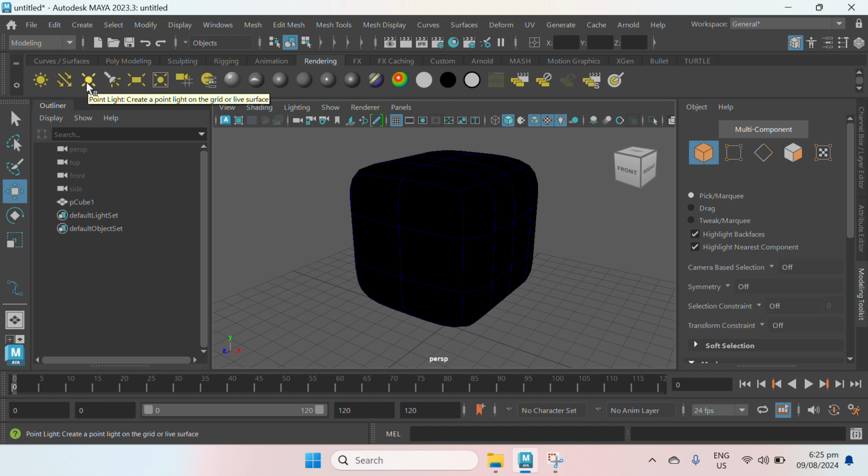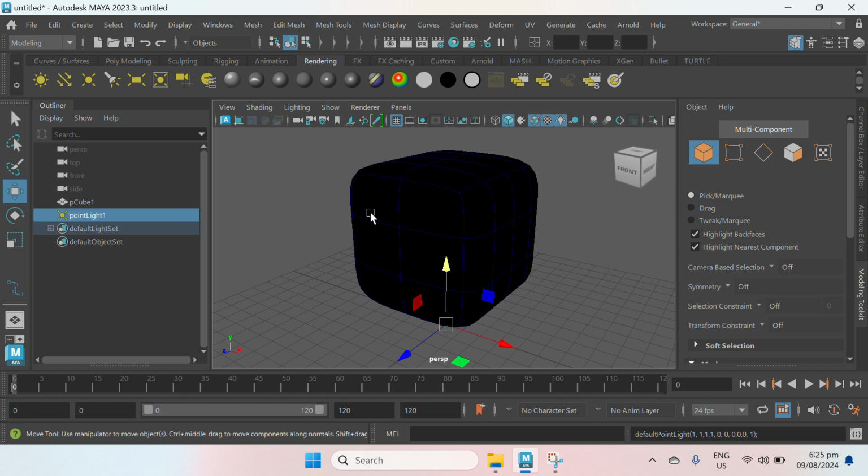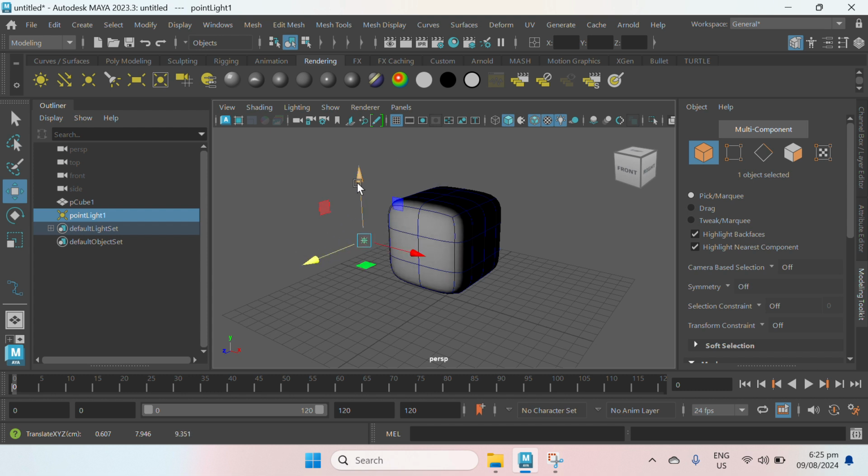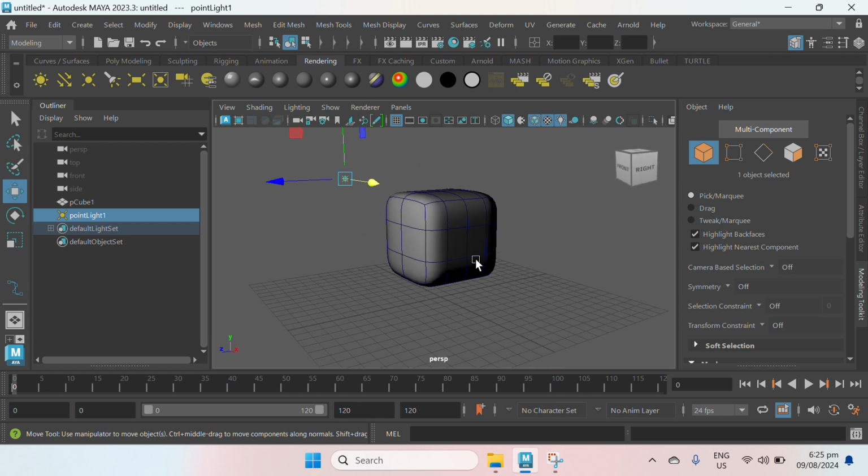However, if we have some lights in our scene, we can see the direction of our light source. For example, I'm going to create a point light here, and currently we just pressed 7. This time, we can see where the light will fall on our object.